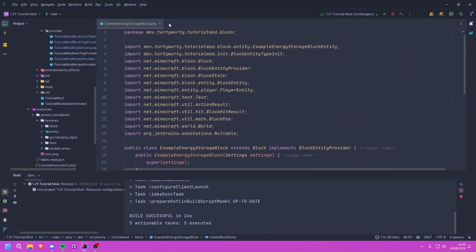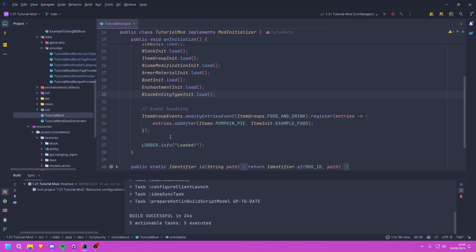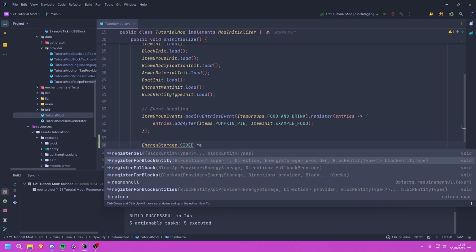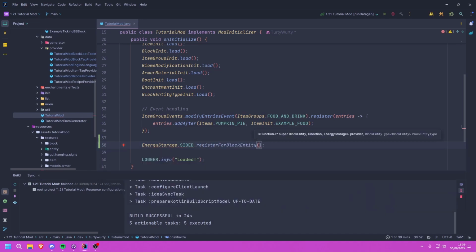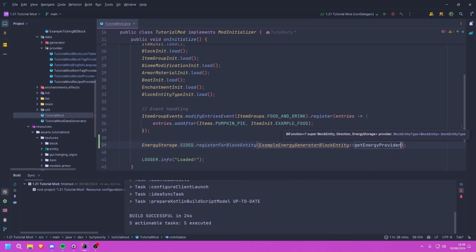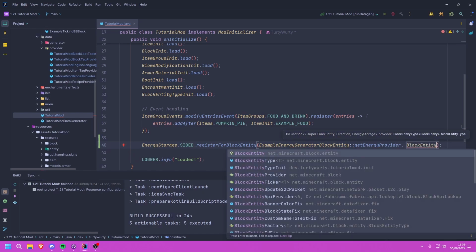And with both of those done, we can now come into our main class, and we need to go ahead and register those energy providers. So for that, we're simply just going to say EnergyStorage.SIDED.registerForBlockEntity. We're going to first go ahead and do the generator. So we'll say ExampleEnergyGeneratorBlockEntity::getEnergyProvider, and we're just going to then pass in the block entity